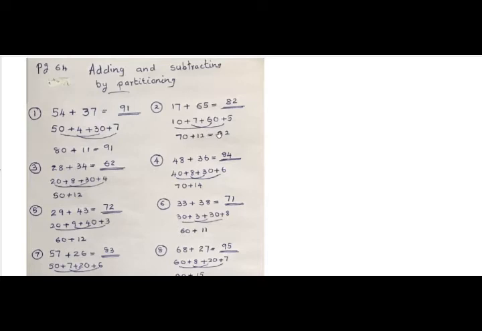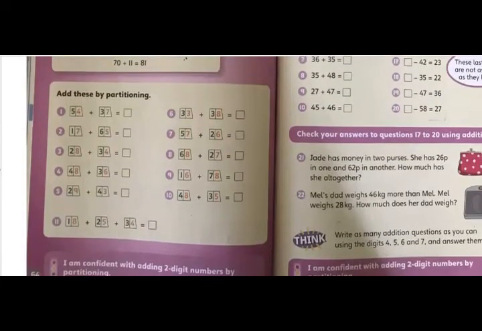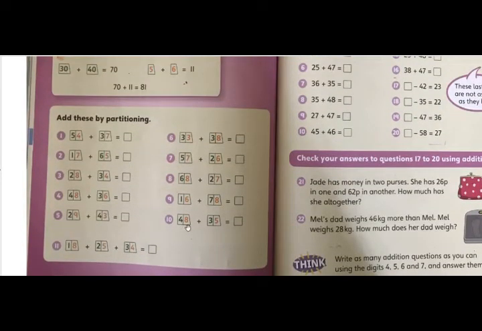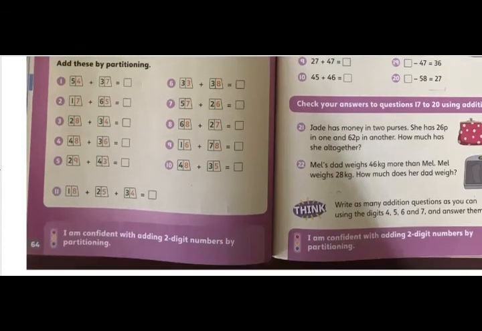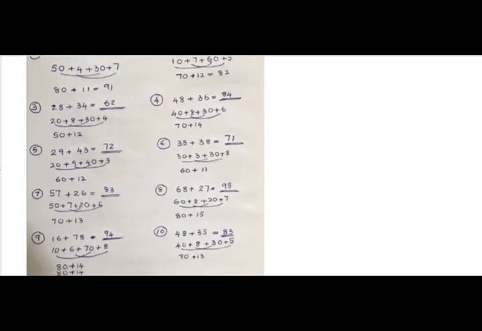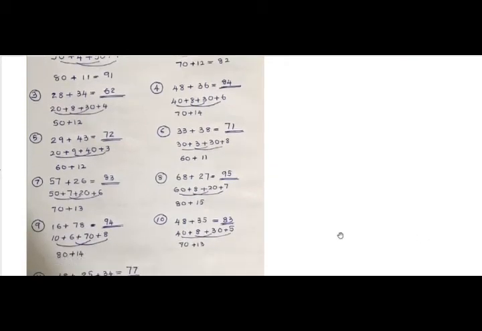Right. Then I'll take another example from the last ones. I'll take the 10th one. What is the 10th question? The 10th question is 48 plus 35 is what? In the writing book, write down the question. 48 plus 35 is what? First we'll partition the first number. 48. How many units? 8 units. How many tens? 4 tens. 4 tens means 10 times 4, 40.